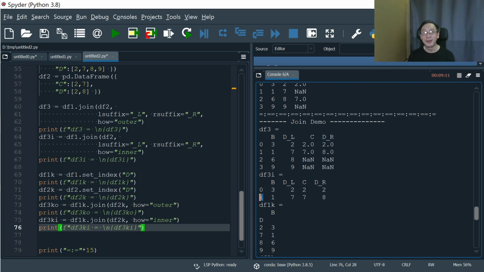By right, pandas can tolerate duplicated column labels, a bit like Concat. But unlike Concat, dot join and dot merge, they want it to be clean, right? So they're going to disambiguate them by appending dot underscore L underscore R to the